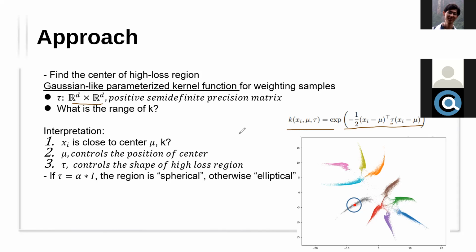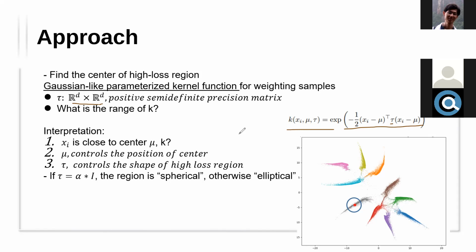So basically, it's going to transform or reshape the region. The kernel function returns the weights: given a sample and the region, it evaluates how important this sample is to this region. Not the region, but how important xi is, based on how far away it is from the center of the region.